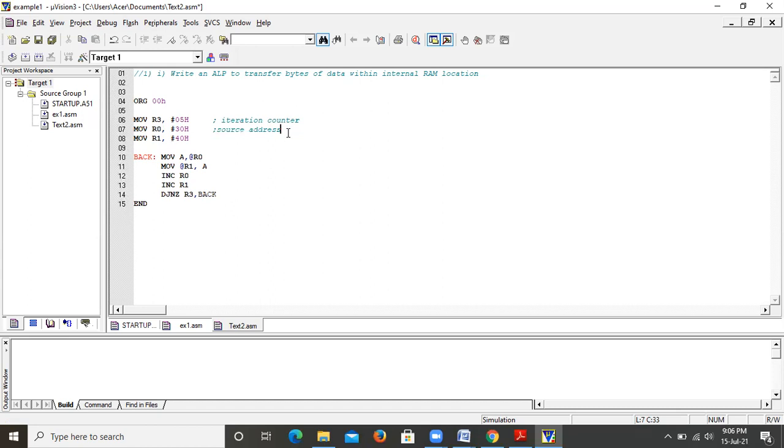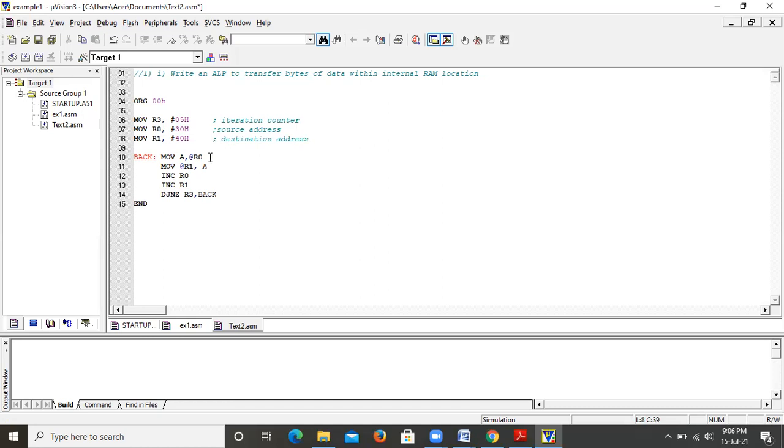So R0 is acting like a source address pointer. Then MOV R1, #40H. So here 40H is the destination. So this destination address is stored into the pointer R1. So R1 is acting like a destination pointer.